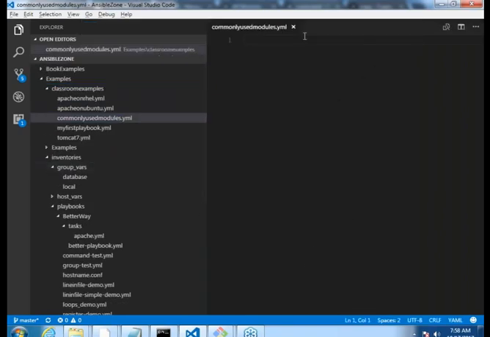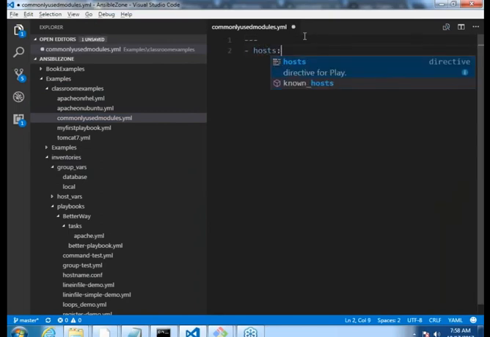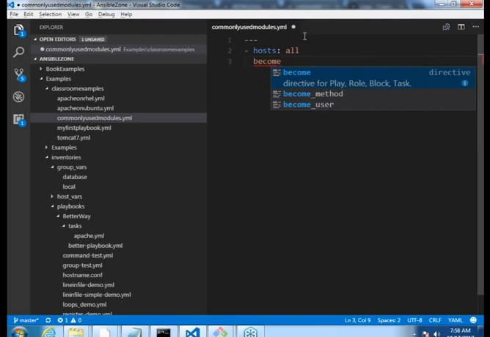Since it is a structure, we follow this: hyphen hosts, let me do it on all, if I want I can change it. And then become: yes.